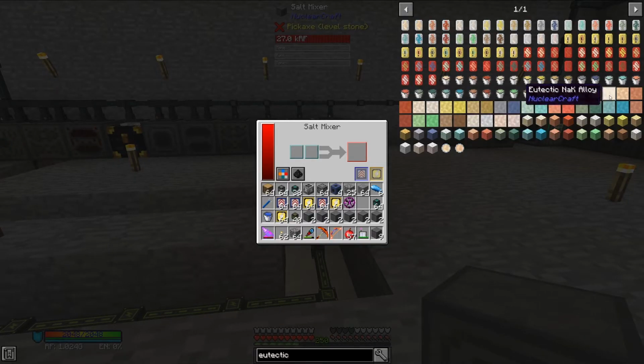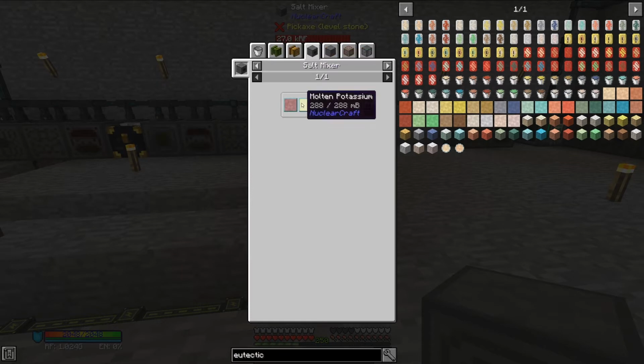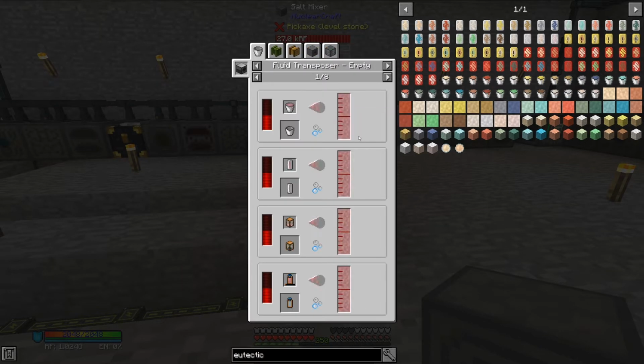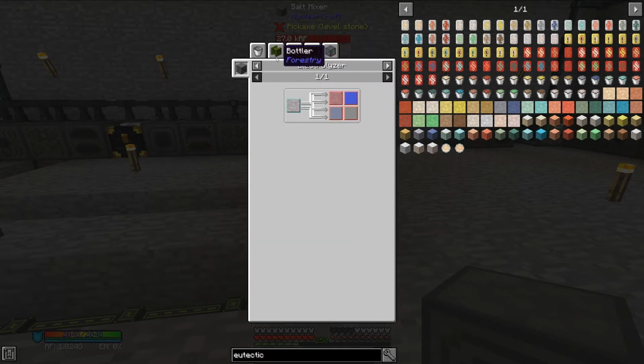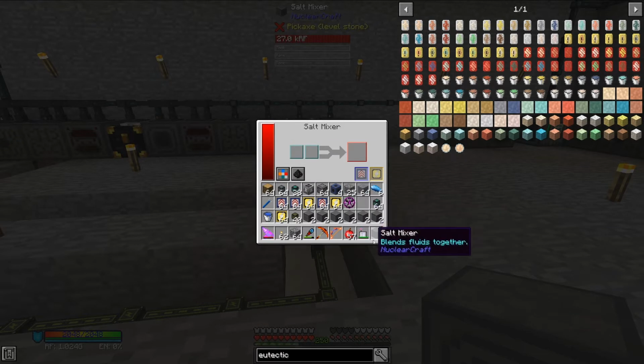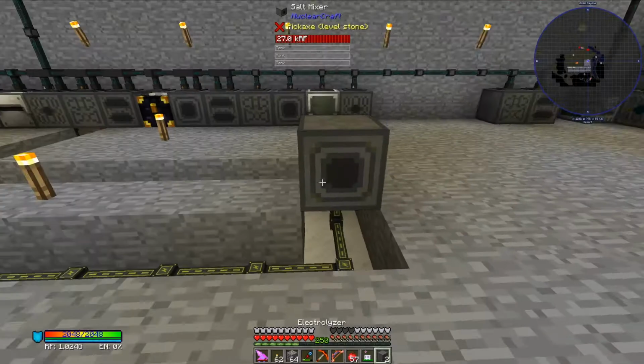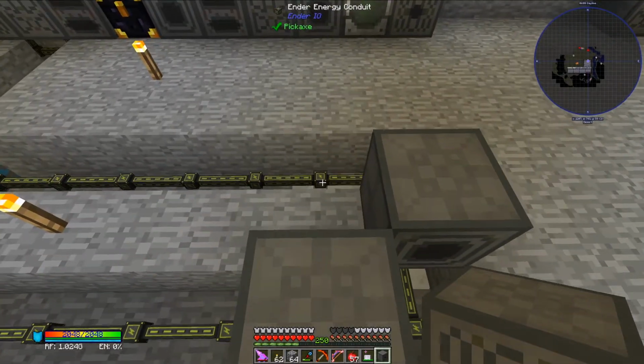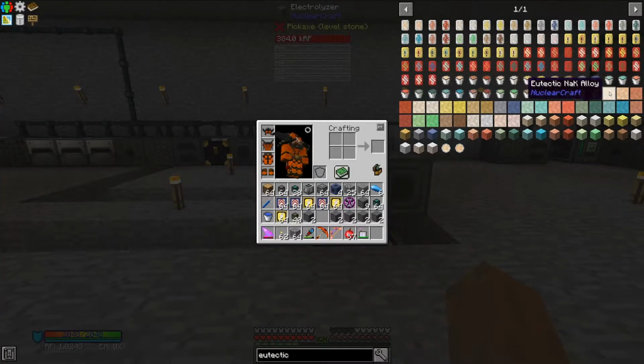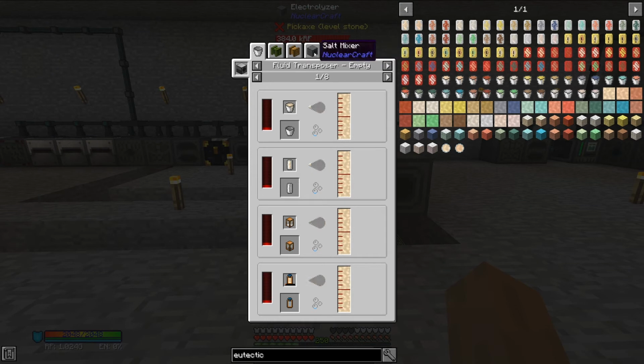So anyways, the last thing is the salt mixer. So let's look through the sodium here. To get the sodium, we need an electrolyzer. So let's go ahead and set those down, and let's put these here and here. And then from the electrolyzer,